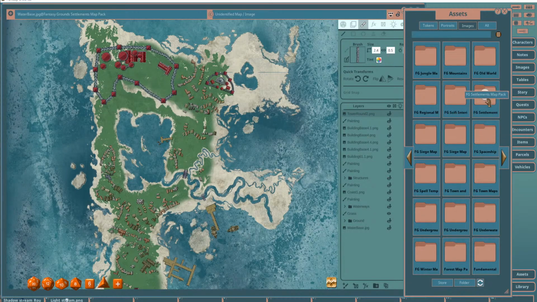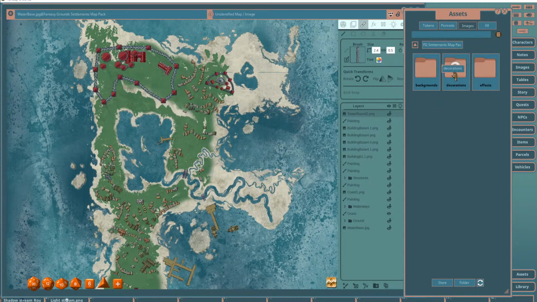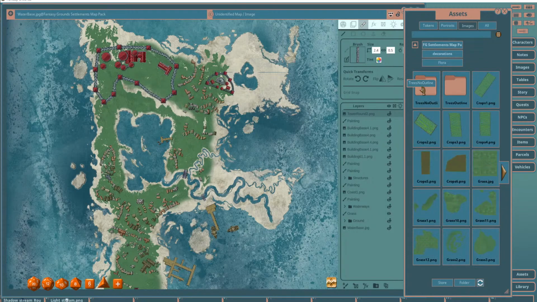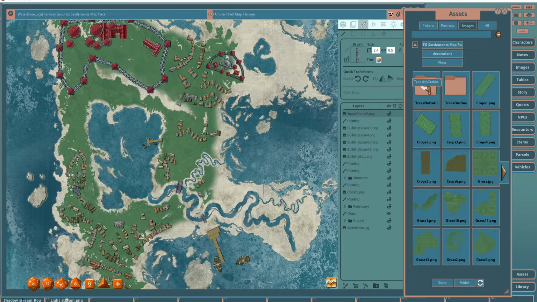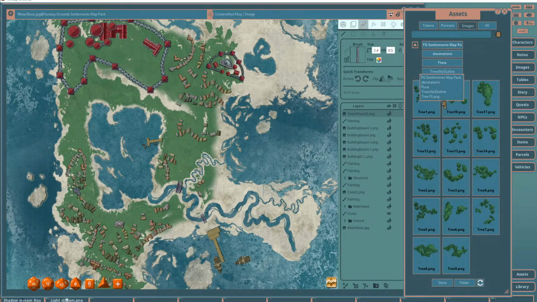So let me get back into the settlements art package here, and we're going to get into some of these trees. And I want to show you, because this is really an exciting thing that I think works really, really well. I have these two different tree elements, and I separated them because